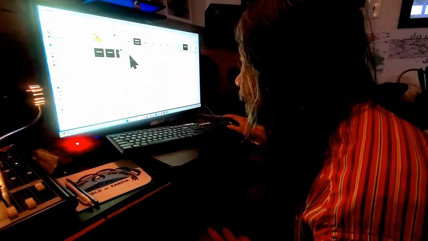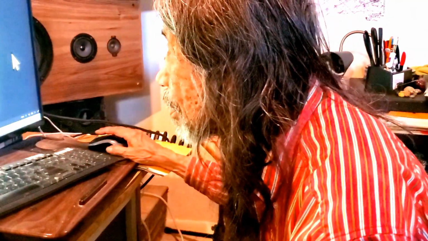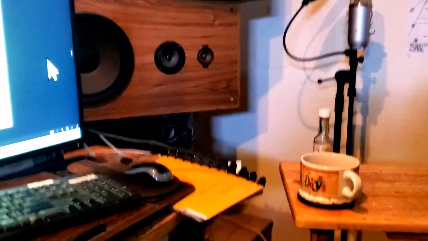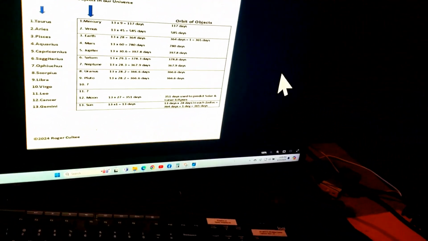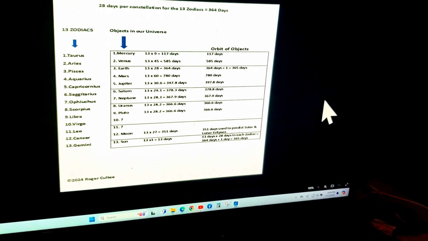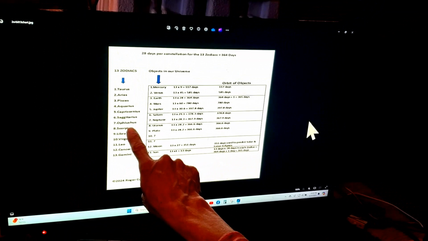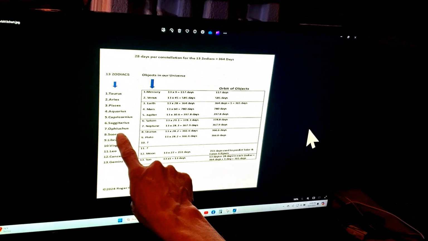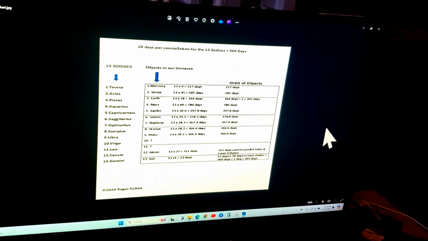Well, two last things now that I'm thinking about it. This is the layout of how the zodiac and the planets should really be according to 13. This is all the layout I was talking about. Here's the zodiacs. There's the missing one that should be in here that represents the underworld. And up here is heaven, and this is the underworld. In other words, up and down.